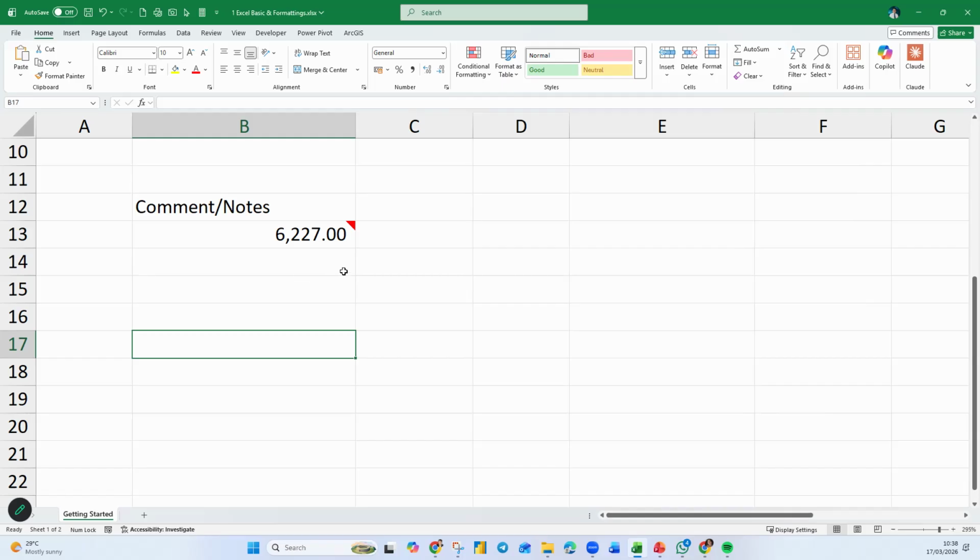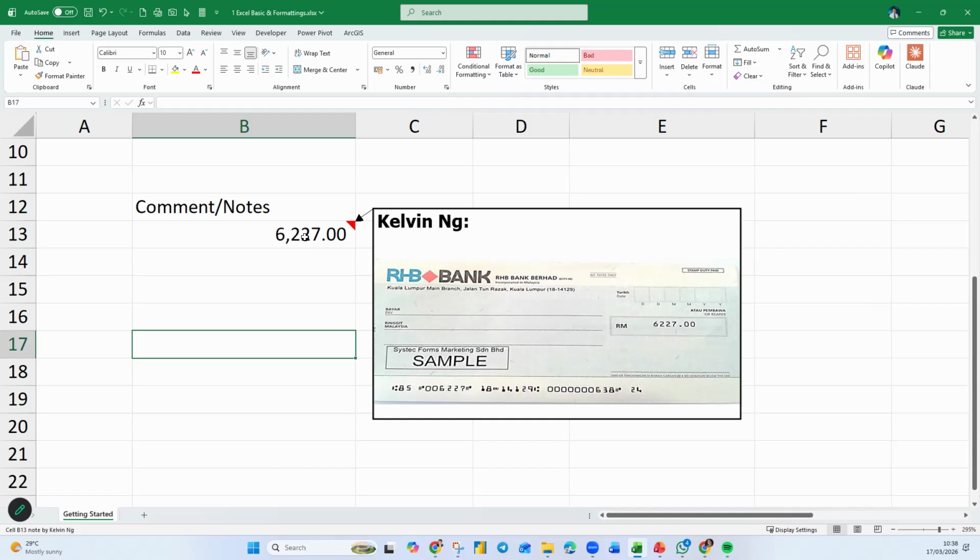So if I put my mouse over, you see the red color marker at the top here. If I put my mouse over, it comes up and shows me the proof. You get it? So if you are receiving an instruction from somebody, please pay this particular client 6227. By what? Somebody sends you a WhatsApp message. So what do you do? Screenshot that WhatsApp message and put it in here. If somebody sends you an email, screenshot that email, put it in here. So that is your evidence that you were instructed by whom to do this and by when.